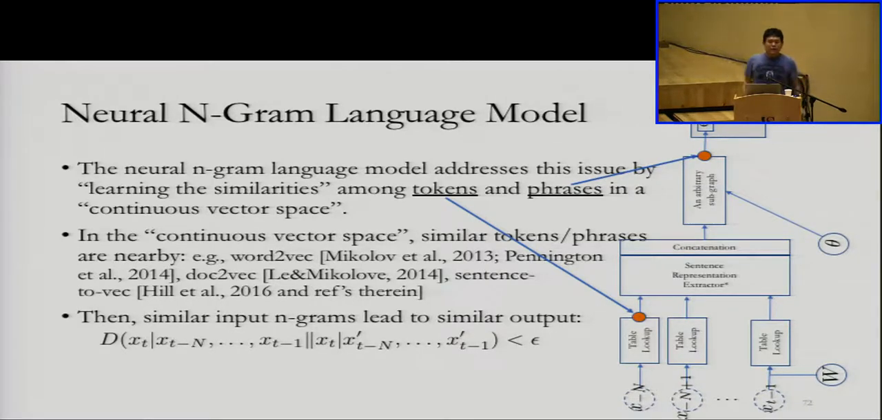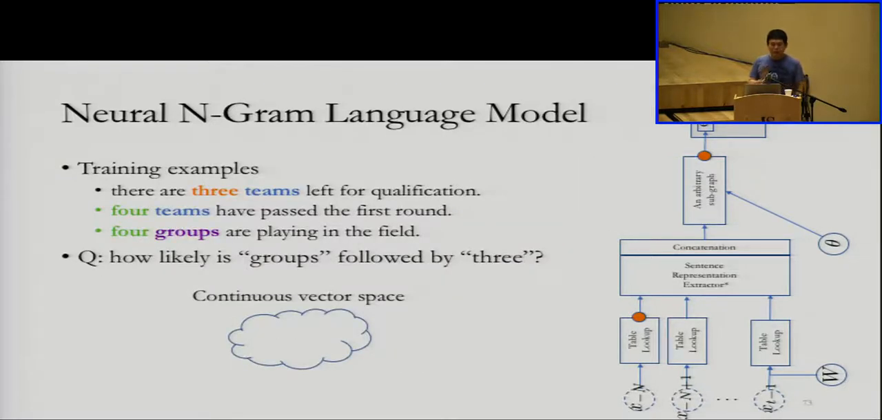Still, it's not that clear, right? So let's take the simplest example you can think of. We have three training examples: there are four qualification, four teams passed the first round, and four groups are playing in the field. Three sentences. And what I want is for my language model, trained on these three sentences, to tell me the probability of groups